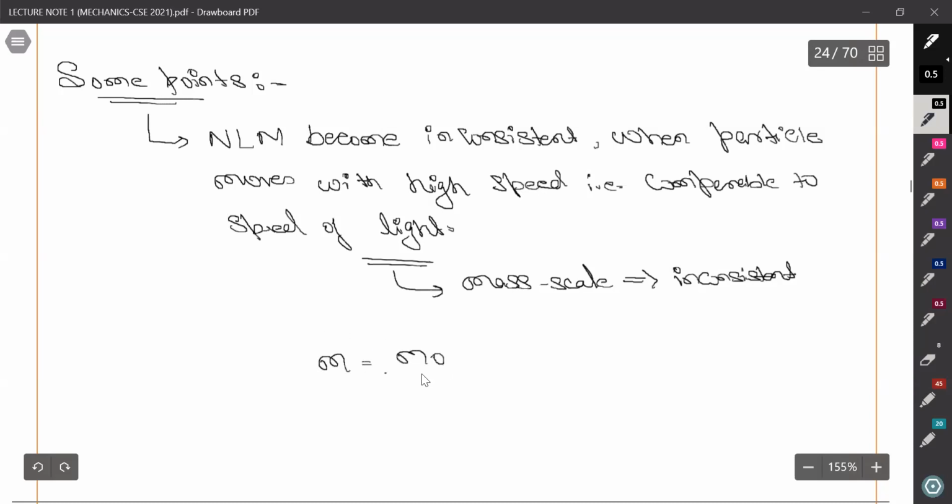We are very familiar with this formula, m equals m naught upon the square root of one minus v square upon c square, where m naught is the rest mass when the particle is not moving, and this is the speed at